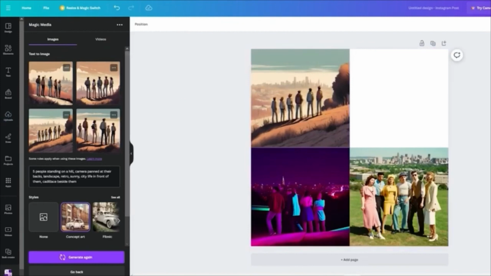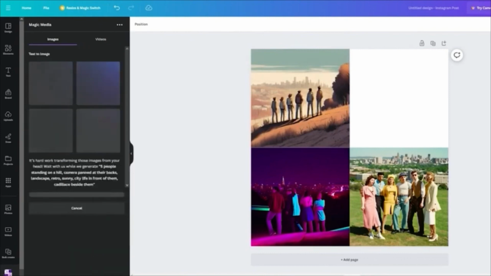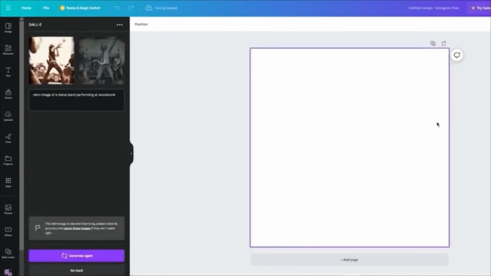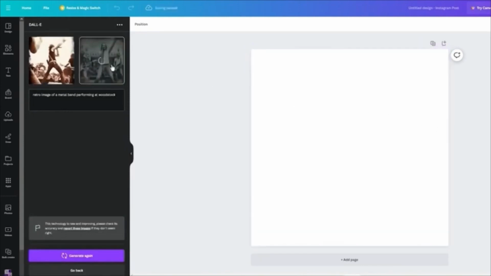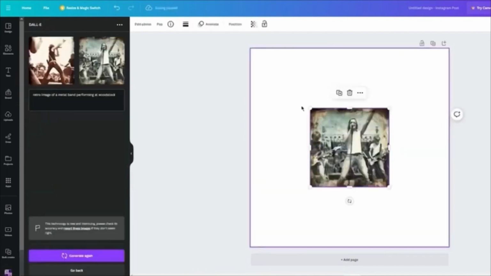And finally, what we're going to do is let's change it to Filmic as well. Let's say I want a Filmic font. And while that is going on, look at this. DALL-E has created this for us. Now, DALL-E basically gives you the most realistic pictures, in my opinion. Like, after Midjourney and Stable Diffusion, obviously, DALL-E will give you very realistic pictures.